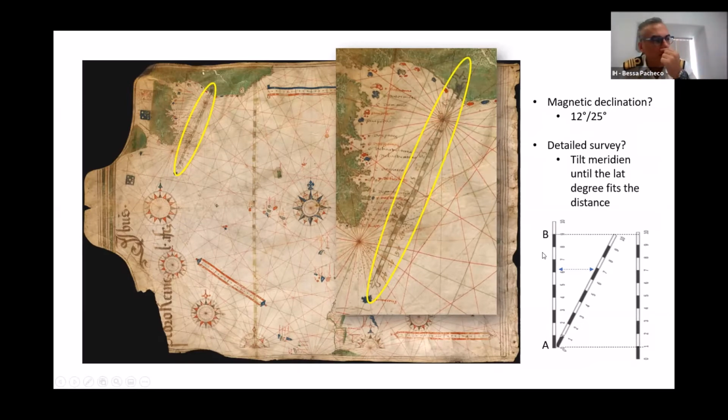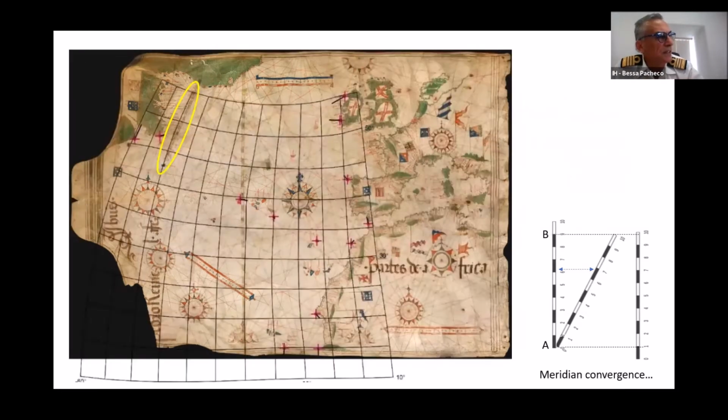the angle. Another option is that this was because they were feeling there was a problem with magnetic declination. I went through the models of magnetic declination for this time, and the models say magnetic declination may be about 12 degrees, and the tilt of this meridian of this scale is actually 25. So I decided to look at other